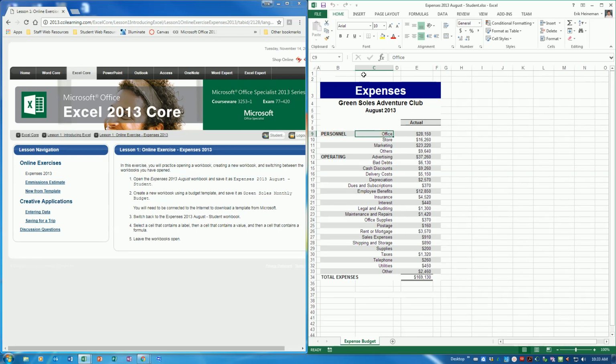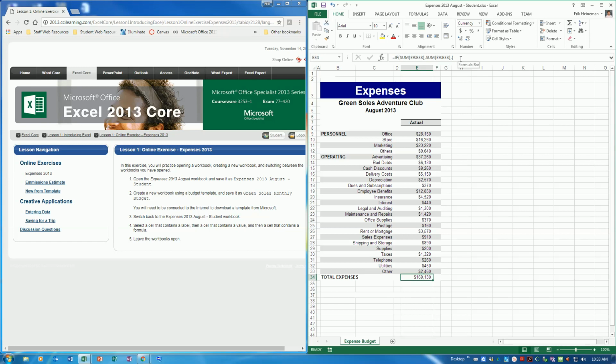It's telling you information about what the data is in the worksheet. There's also cells with values. You can see up here in the formula bar that there's a value, 28,150, even though it looks a little bit different here in the actual worksheet because it's formatted to look like currency. So there's labels, there's values, and then down here this looks like a value, but it's